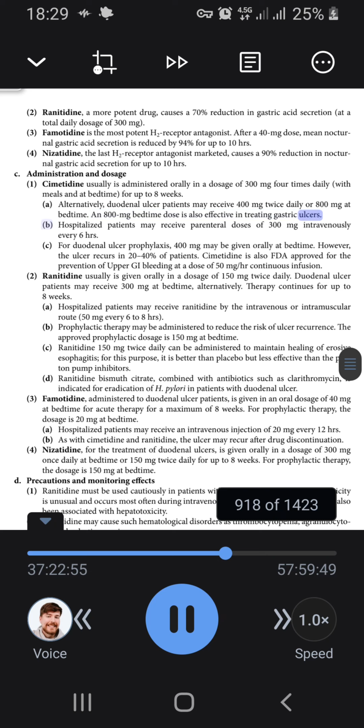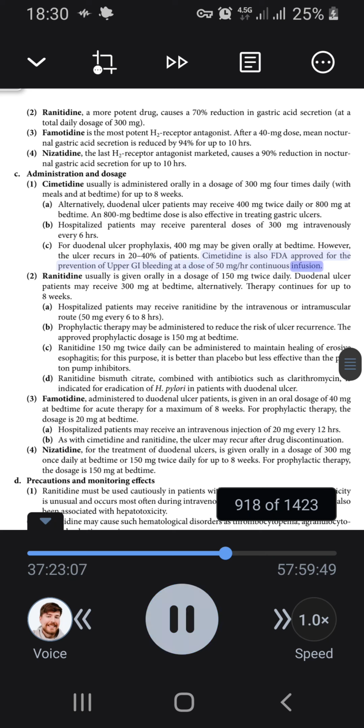b. Hospitalized patients may receive parenteral doses of 300 milligrams intravenously every 6 hours. c. For duodenal ulcer prophylaxis, 400 milligrams may be given orally at bedtime. However, the ulcer recurs in 20 to 40% of patients. Cimetidine is also FDA approved for the prevention of upper GI bleeding at a dose of 50 milligrams per hour by continuous